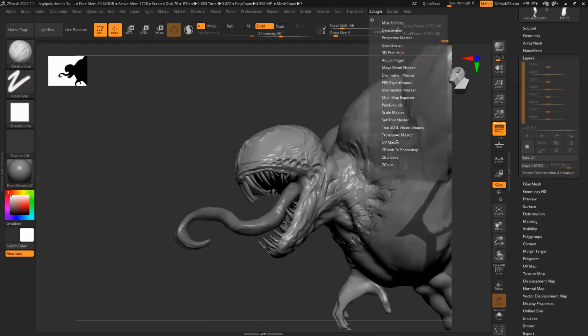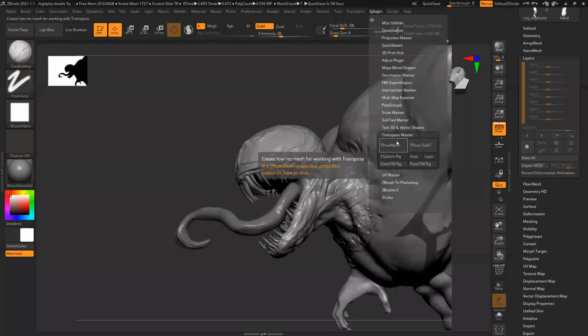No, that's why we use T-pose Master. If you use T-pose Master, it basically combines everything and gives you a combined mesh. Then you move it, rotate, twist, turn, and then you click on T-pose subtool. It transfers all the movement from the pose to your subtools.